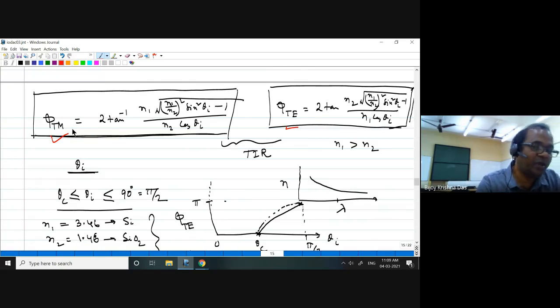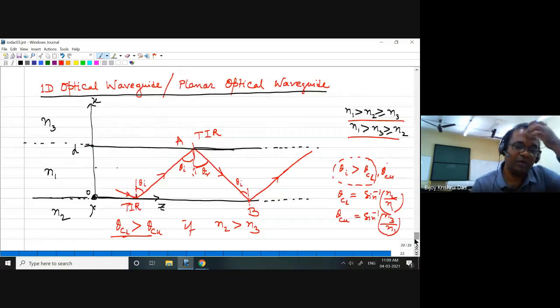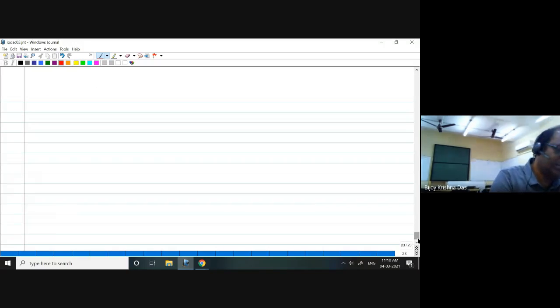So that means whenever we are considering this phase, we cannot ignore the polarization, because this derivation comes through the boundary condition, the continuity in the boundary condition. So if I ask you what is the phase change taking place upon total internal reflection, you must know what the polarization is. So we have to decide first which polarization we go for.